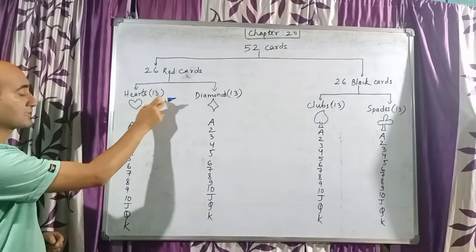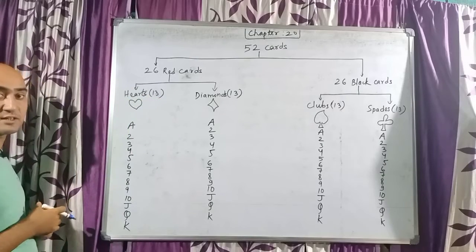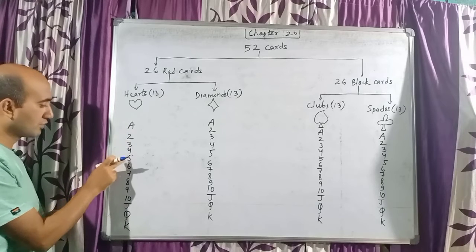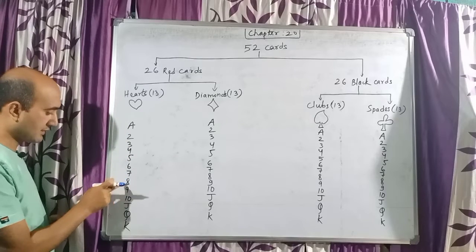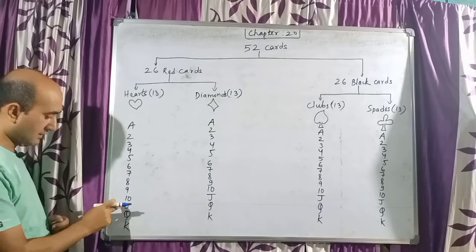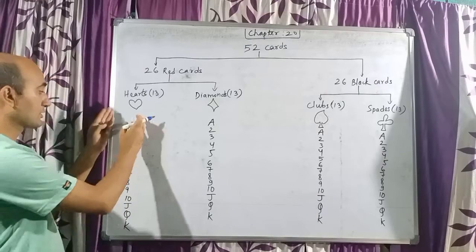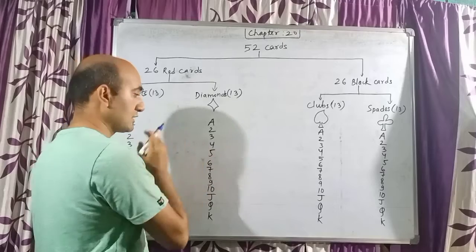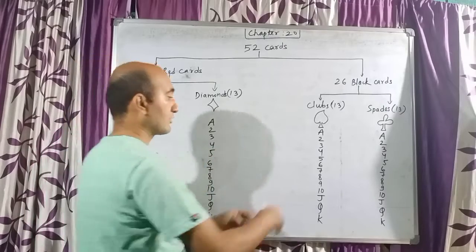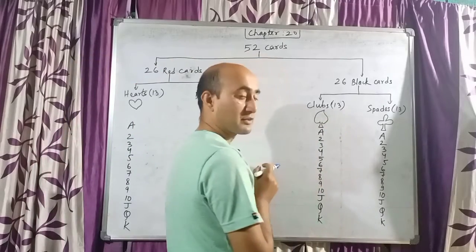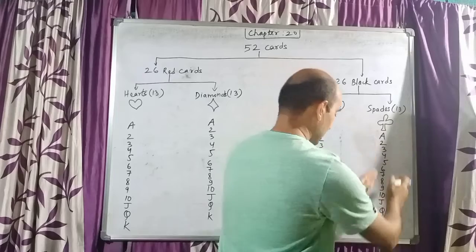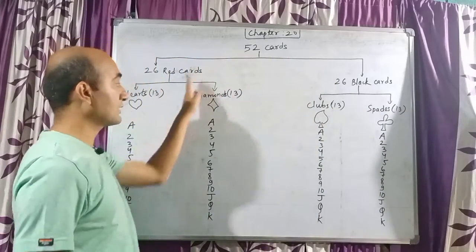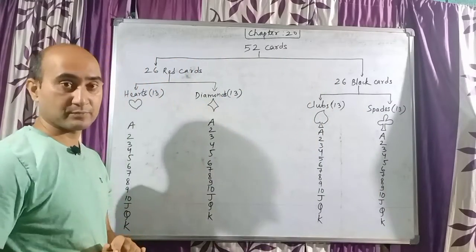Now you can count the numbers of the card here. Like heart, there are 13 cards, so you count whether it is 13 or not. 1, 2, 3, 4, 5, 6, 7, 8, 9, 10, 11, 12, 13. So 13 cards here, 13 cards here. 13 plus 13, 26. Again further 13, we have 39. Now again further 13. It is 52 in total. So this is the variety of card.